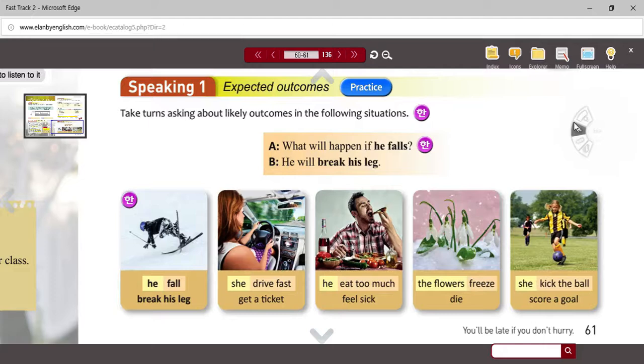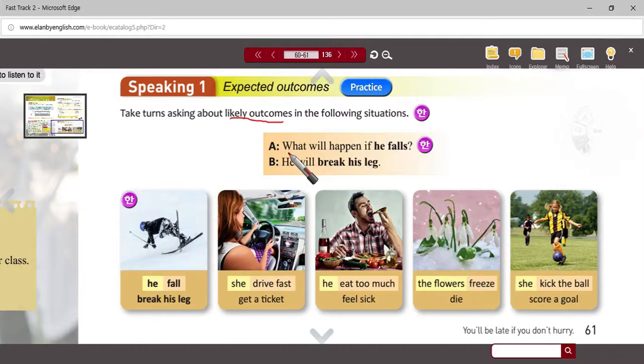We're just really going to be practicing a lot of the language we learned in the starter activity after the grammar lecture. So we have these different situations, and you're going to be talking about them. We talk about the likely outcomes. Okay. So as we talked before, there's a resulting activity.